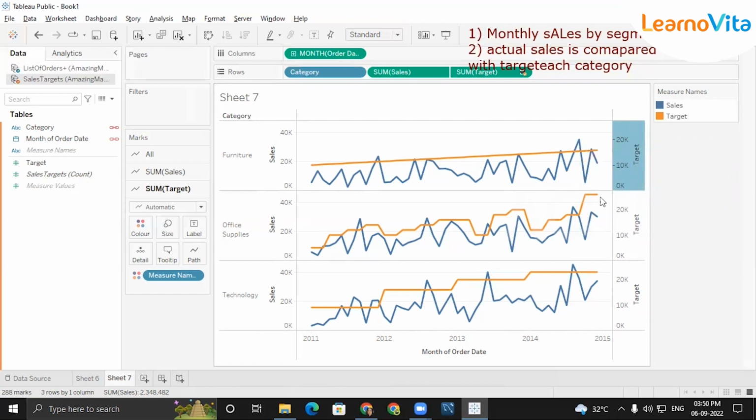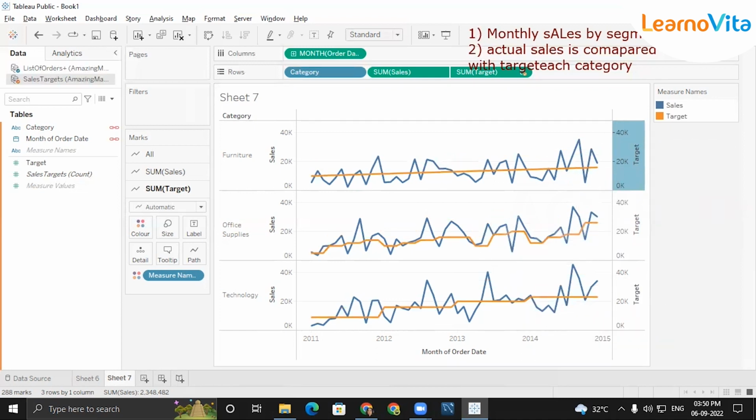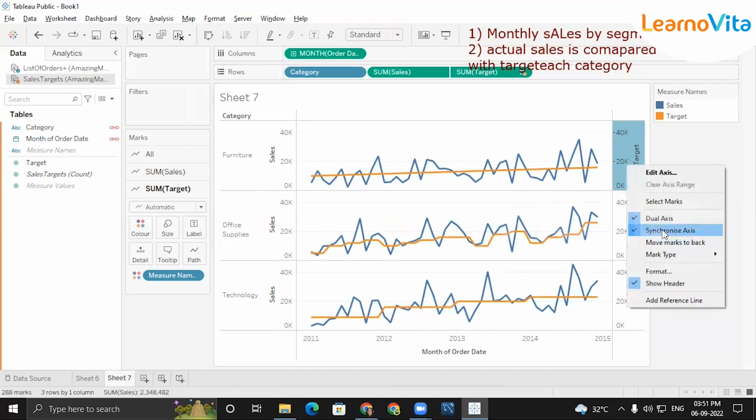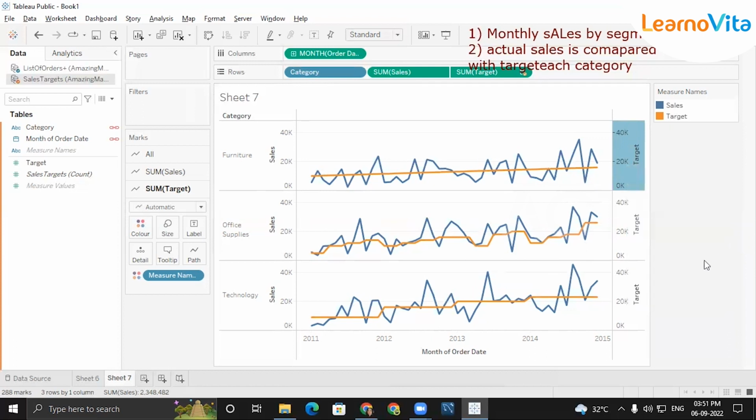Here look, my target is extending to around 30K, and I have 26K. Here you see, so both the things are working. Now, able to see, right? What I did is I synchronized the axis. Now it became the same. So now you tell me